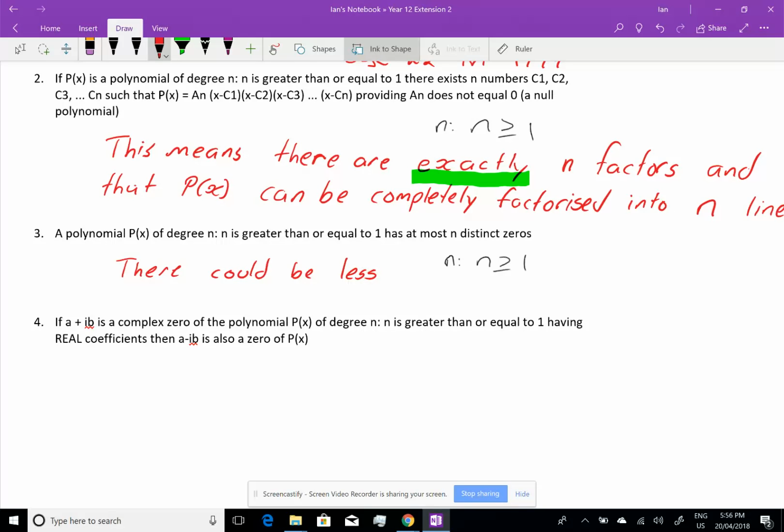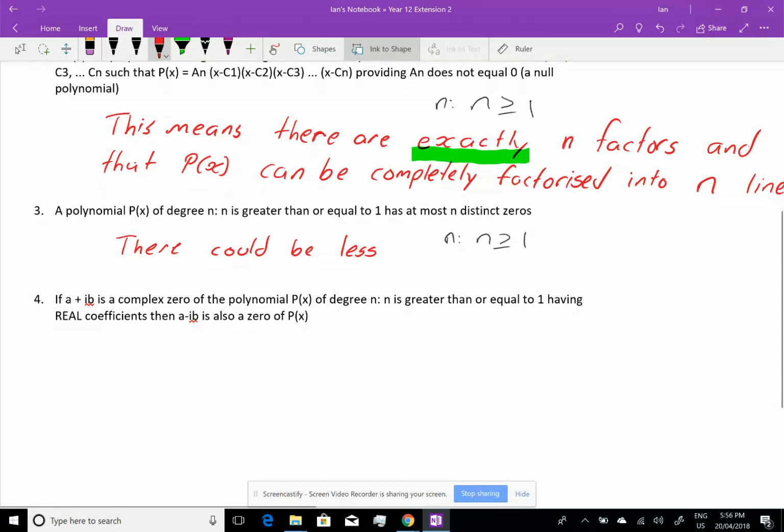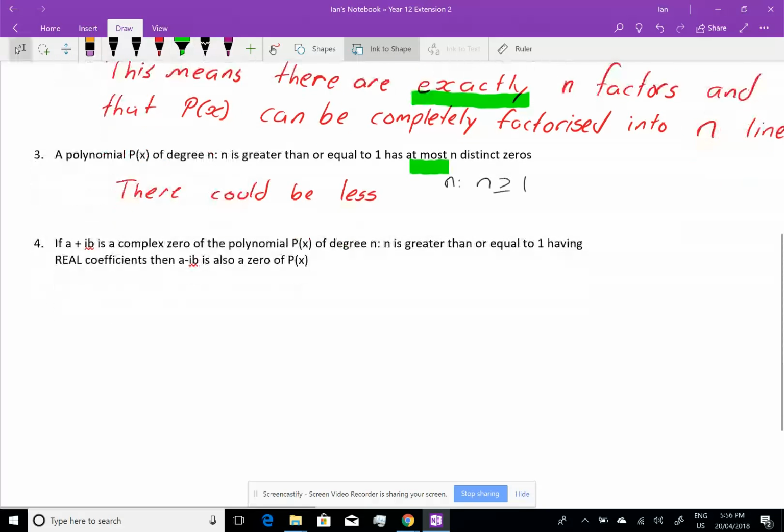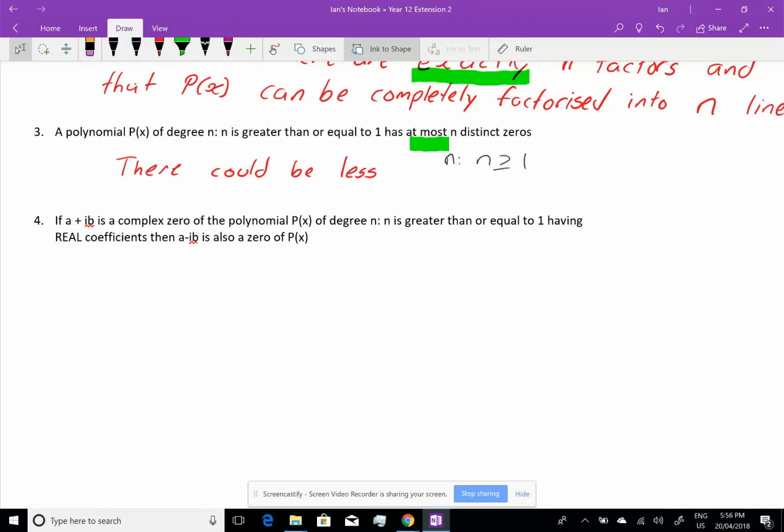So up here in number 2, you'll say that (x − 3) all cubed, well, there's your 3 factors, but they're all the same factor, right? So this at most is important. And finally, the last one, which we already knew, and we already saw this before, that